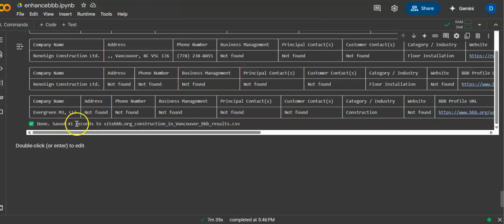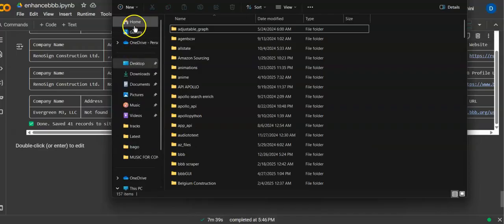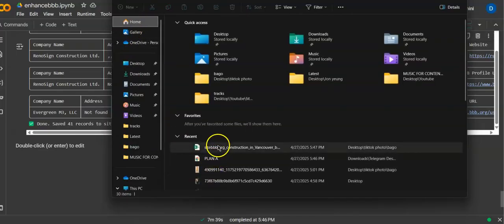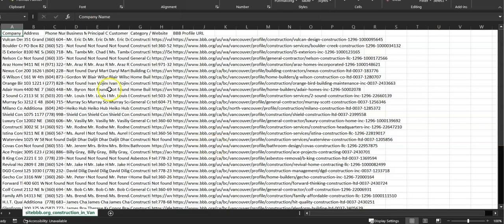It scraped 41 records to site.bbb.org, construction in Vancouver underscore BBB underscore results dot CSV. So we're going to go there and see if it's in here. Okay, as you can see here,